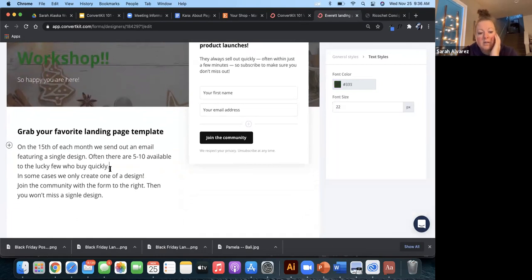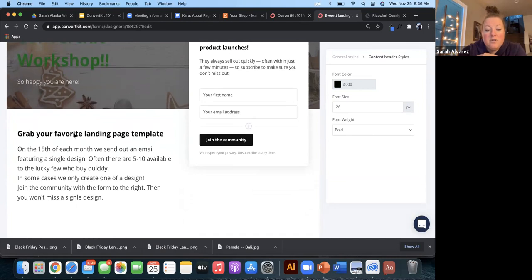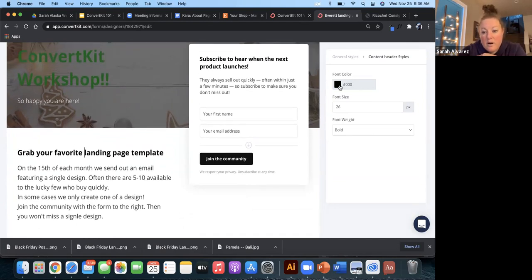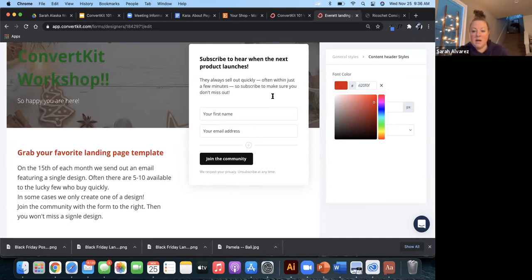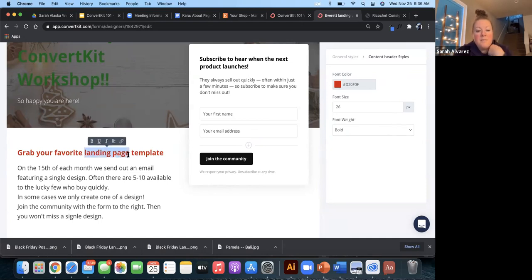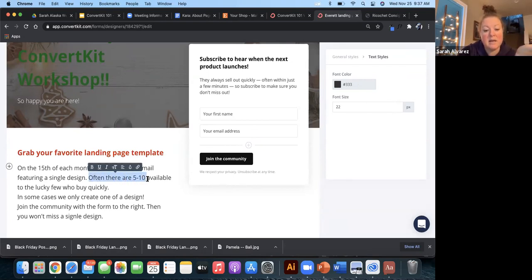And then down here, let's say that we really only want these two words, landing page, to be different. If you just click on the whole thing, it's taking you over here, and if I were to change it, it would change the whole subheadline or subheading. But let's say that we just want to change these two words. When you highlight, you can see that some things pop up, and this is a subheading. That was a bad example because they don't like to let you edit your subheadings, but let's say here,